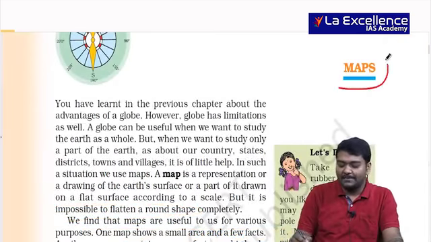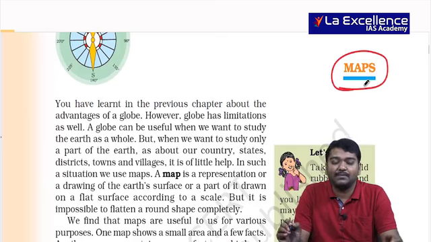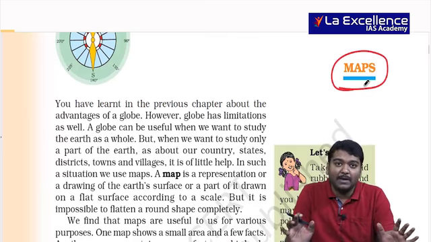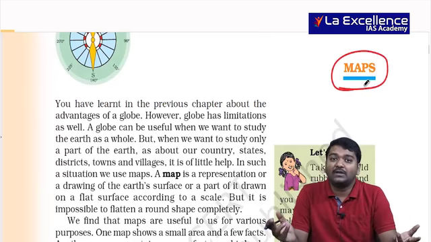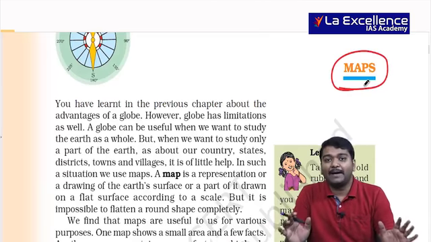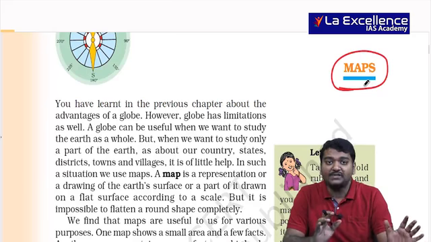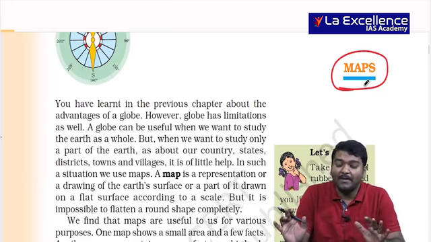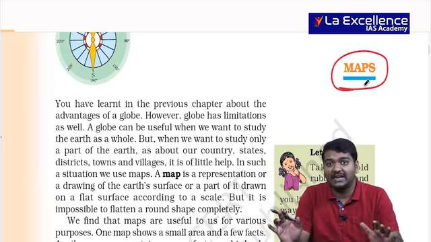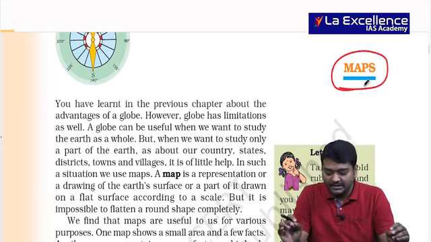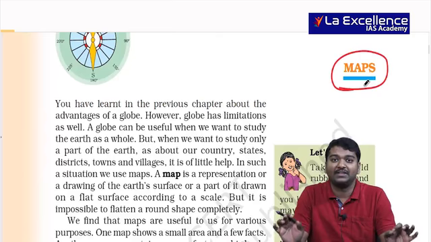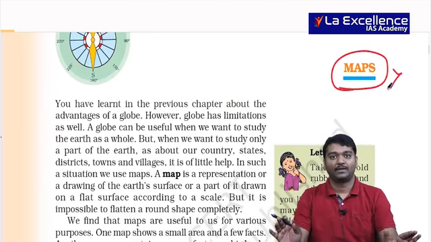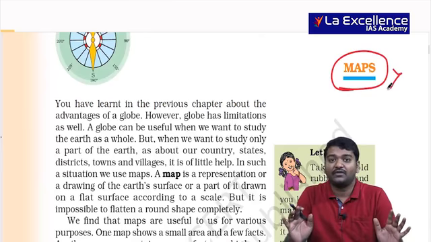Then we need to look at a chapter which is not so important, that is maps. Here I just want to tell you only one thing, that there is something called a physical map and something called a political map. What is the meaning of a physical map? Physical map means you have mountains, plains, plateaus, everything clearly explained. When we talk about a political map, we talk about places, capitals, states, boundaries and all being given. That is the only practical application that is required, else this chapter is not required at all. Is that fine? So guys, we are done with 4 chapters.